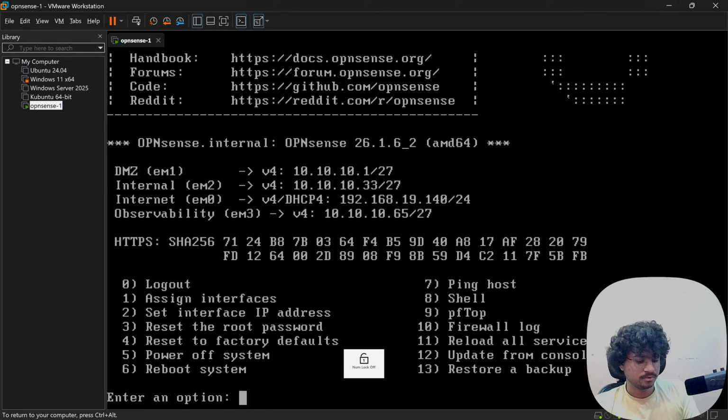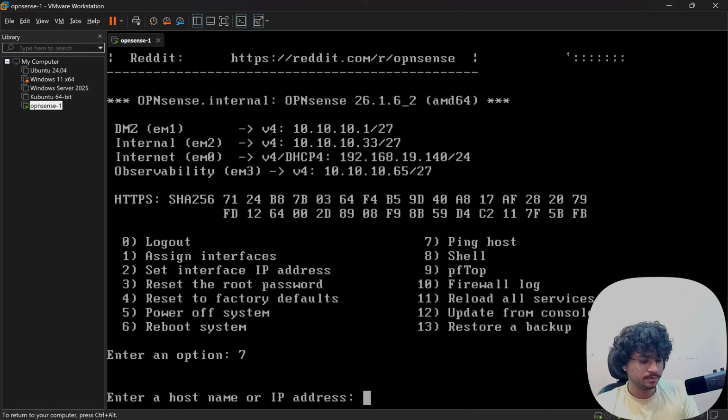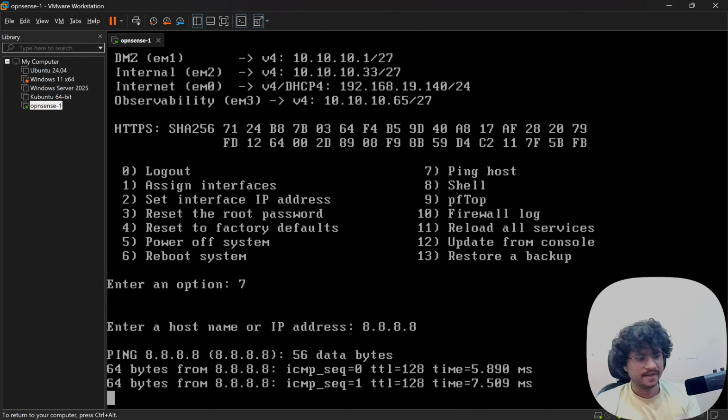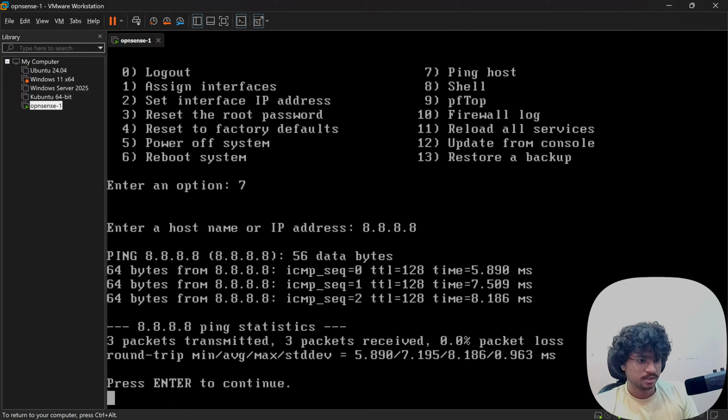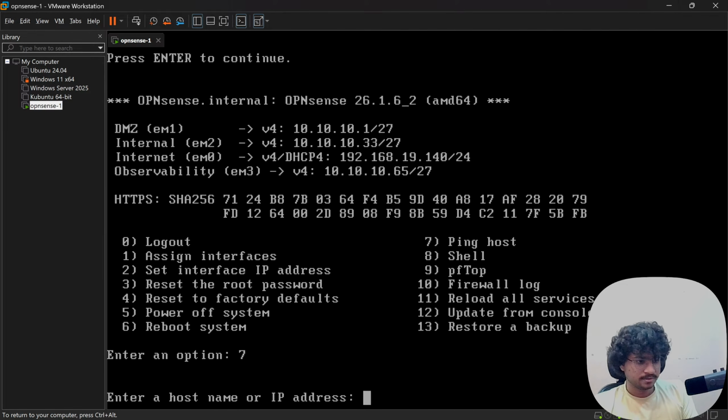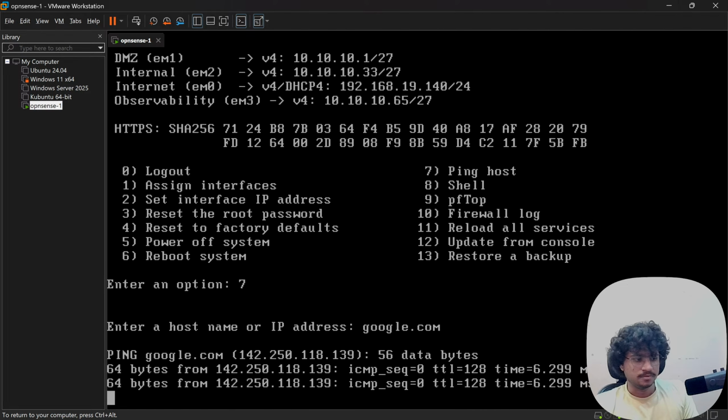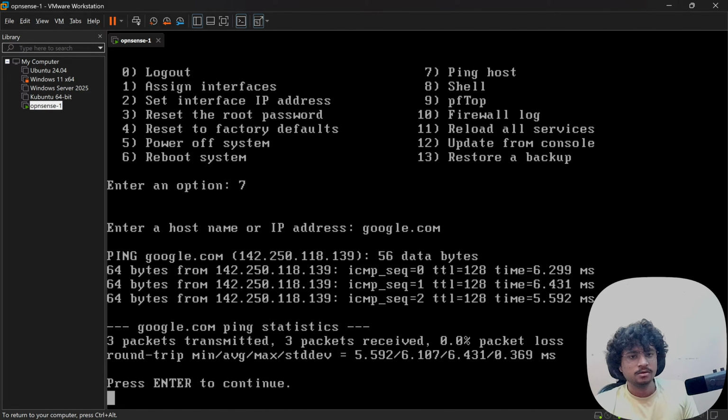Let me show you if pinging Google works. I think 8.8.8.8 is Google's DNS, right? Okay, that works, the ping works. And if I enter google.com as well, that also works. So my internet subnet is working.